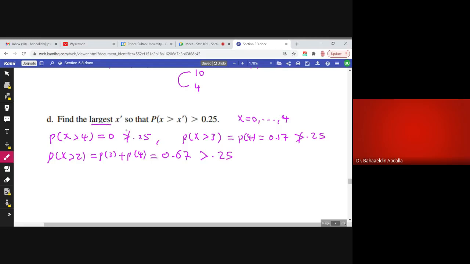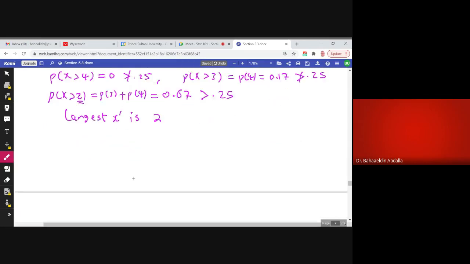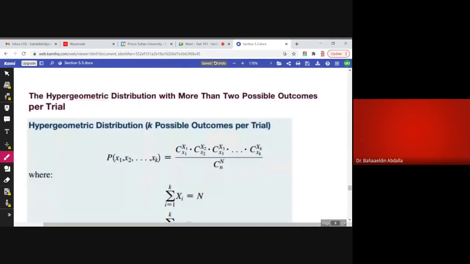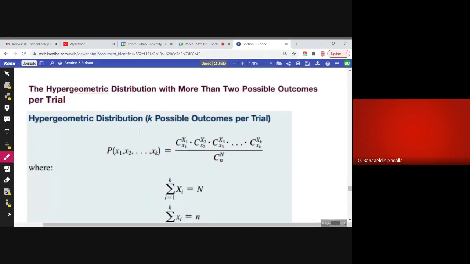So the largest x prime that satisfies this condition is 2. 2 is the largest x prime. Now, if we extend the definition of the hypergeometric distribution to more than 2 possible outcomes, k possible outcomes, 3